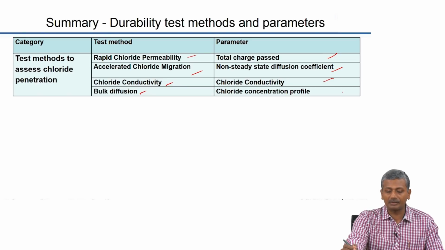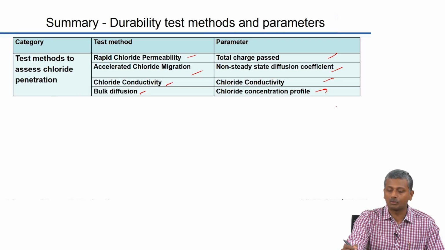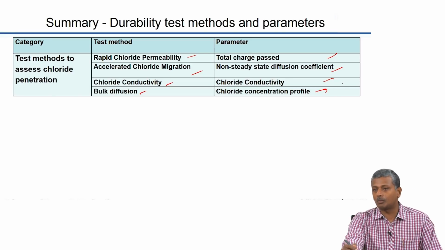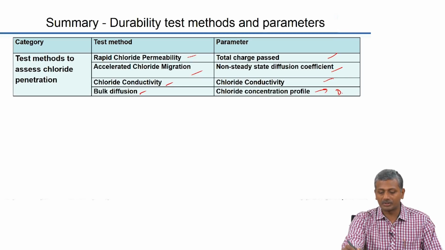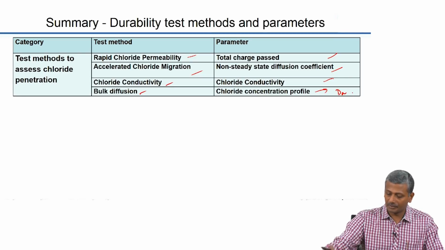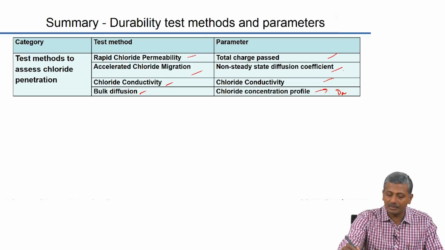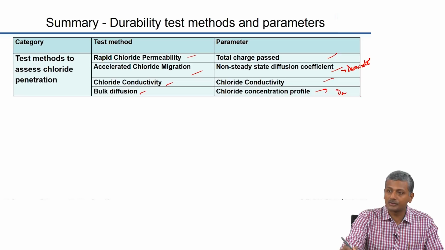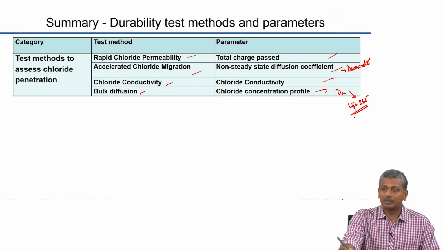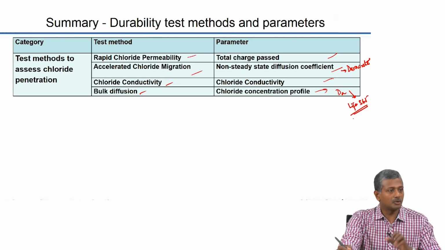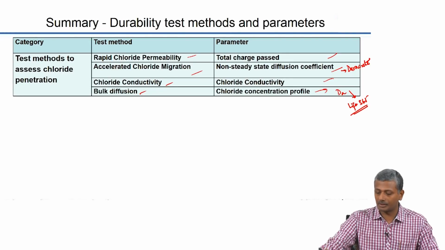In the chloride conductivity test you actually get simply the conductivity of the specimen, and here you get the concentration profile that can again be fitted into a model to obtain the diffusion coefficient, the apparent diffusion coefficient. Okay. So, if you look at the models, they make use of this. The Duracrete model from Europe makes use of the chloride migration coefficient, and the Life 365 model, about which we will talk in the corrosion chapter, makes use of the apparent diffusion coefficient from chloride diffusion tests directly